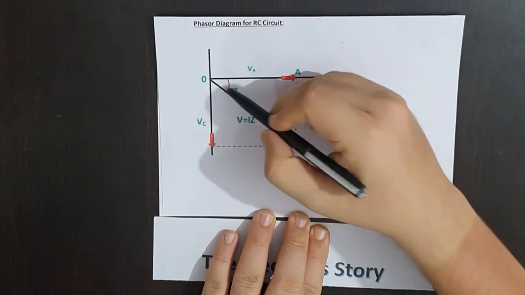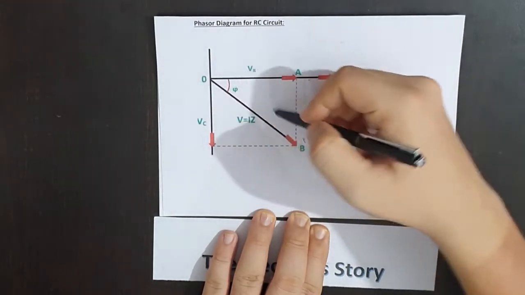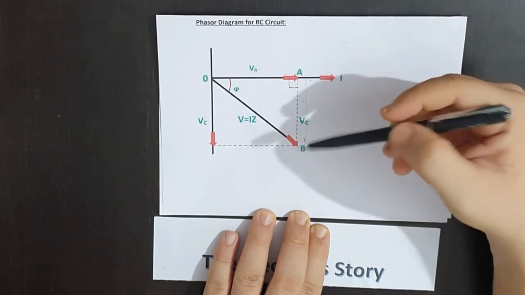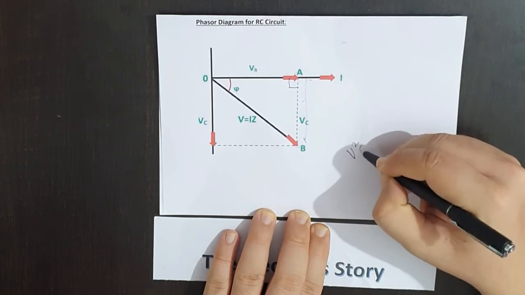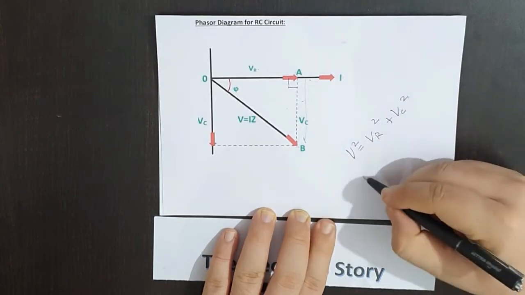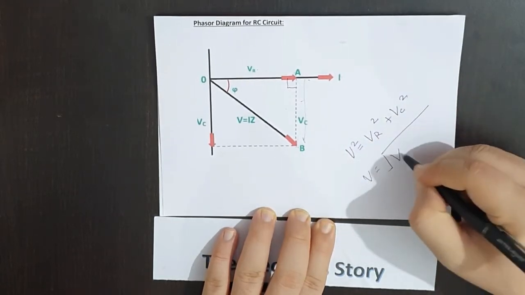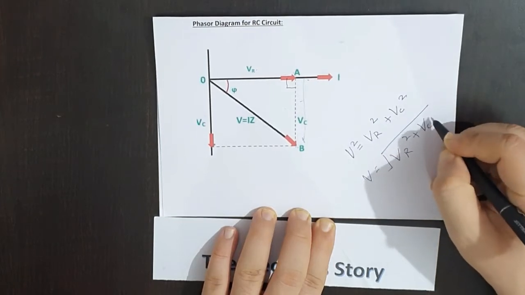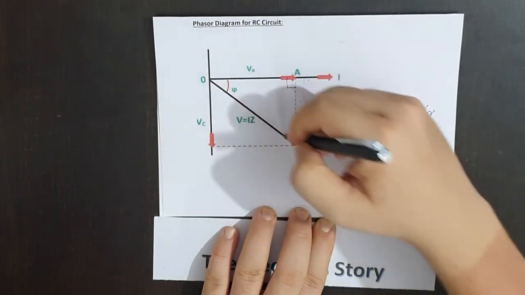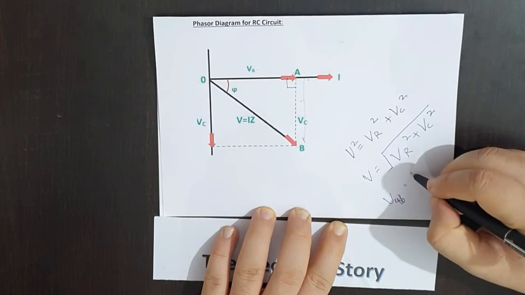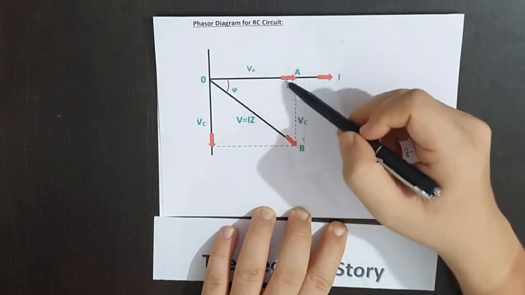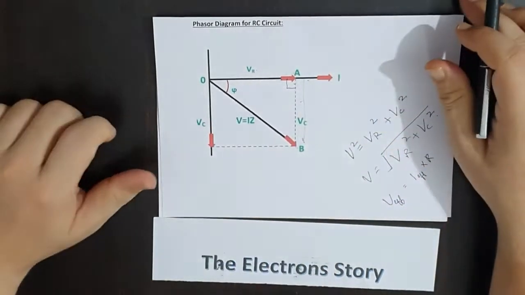Okay. Then you have this part, and this part. You can very well identify this as the Pythagoras theorem. So what the Pythagoras theorem says is that V square is equal to VR square plus VC square. So V is equal to the square root of VR square plus VC square. So this is the effective voltage V. Similarly, through this effective voltage, V is equal to I into R. So similarly, you can have the resistive components of this particular circuit.